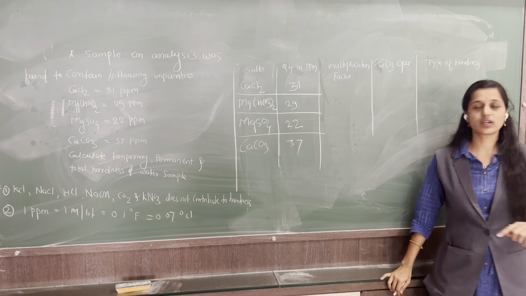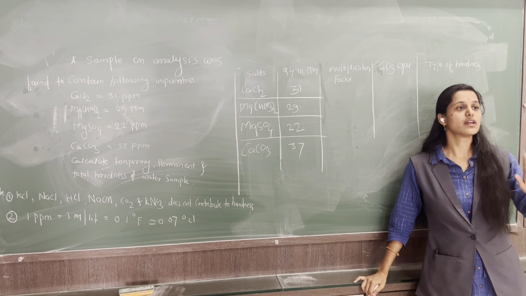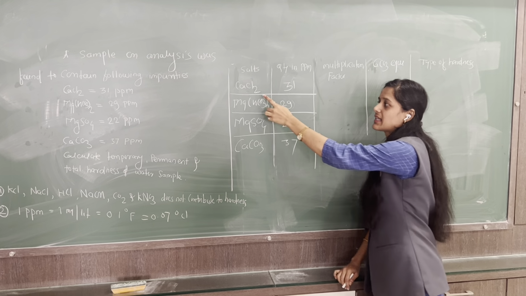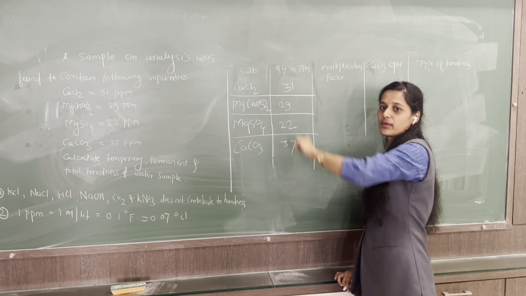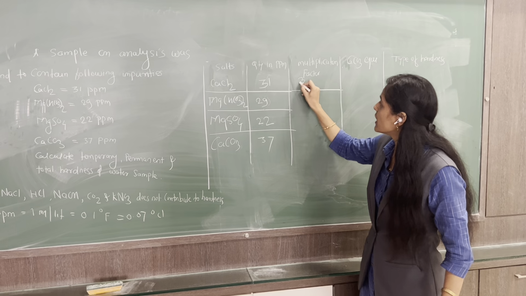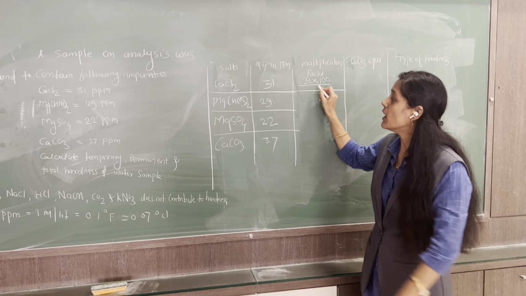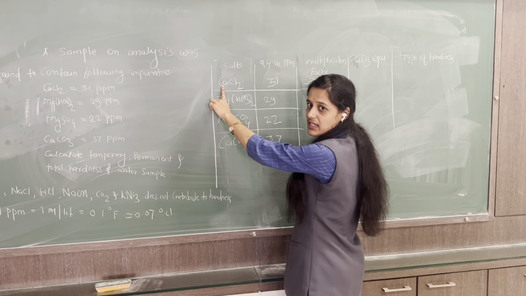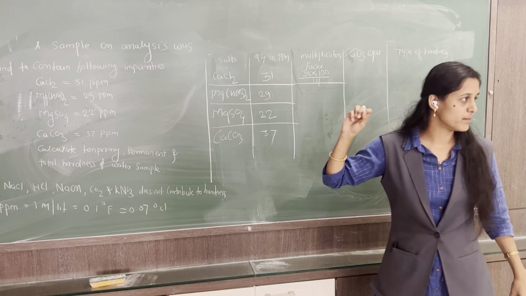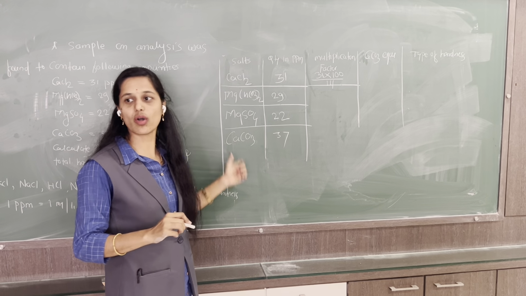Then you have to calculate the hardness of that particular salt which has this particular impurity. For that we have a multiplication factor. It is the impurity into 100 divided by the molecular weight of this particular salt. CaCl2 molecular weight it is 111. In that way you have to write the multiplication factor for all the salts.